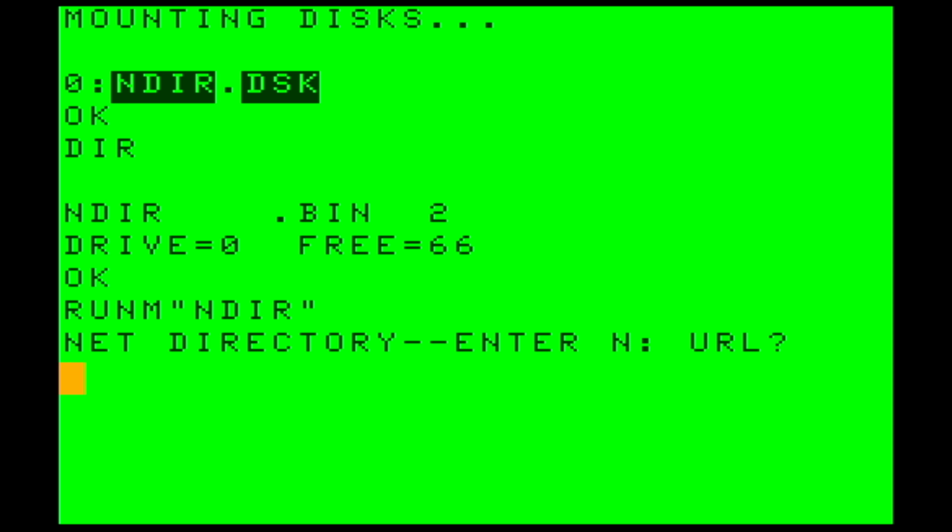NDIR is a standard binary which you can run with runm, and once you do, you are presented with a prompt that asks you for an N URL. An N URL starts with N:. N:, by default, chooses the very first available network device. If you specify an explicit number like N1, N2, N3, N4, whatever, it will use that particular instance of the